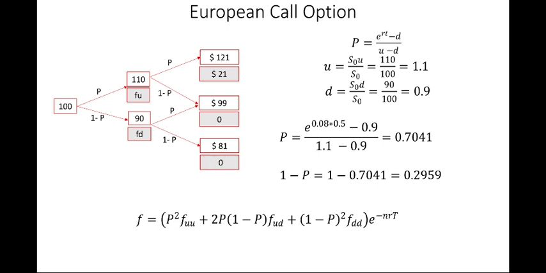So this is the main value, the terminal value we can say, as FUU, FUD and FDD are the terminal values, that is the future value. So we have to discount it to the present value. We can discount it by multiplying the whole equation with exponential raised to the power minus nRT. Now here we have added another variable, that is n, because it is a two-step model, one step, two step. Since it will be discounted twice, therefore it is n multiplied by r into t.